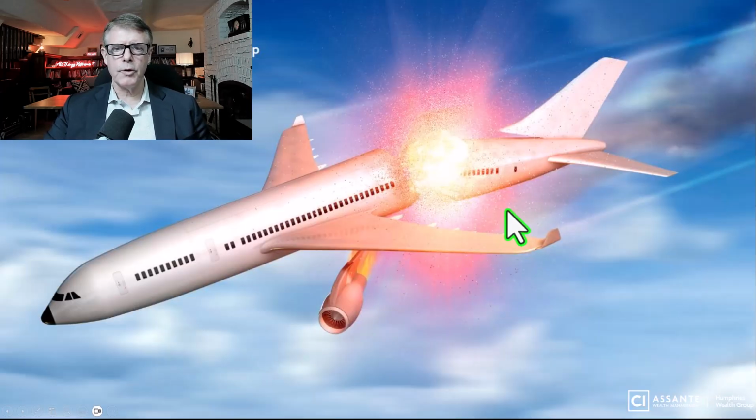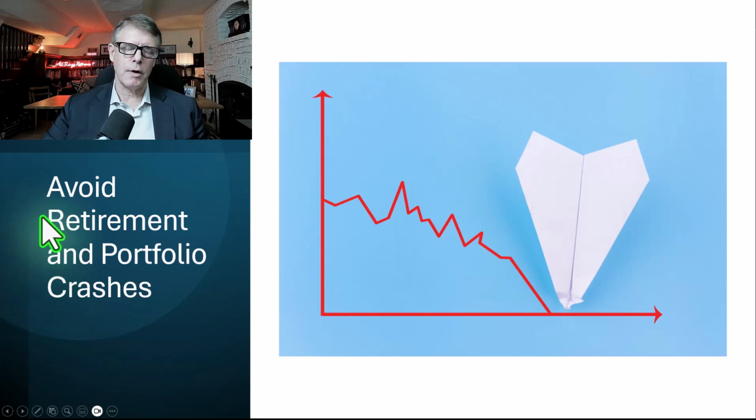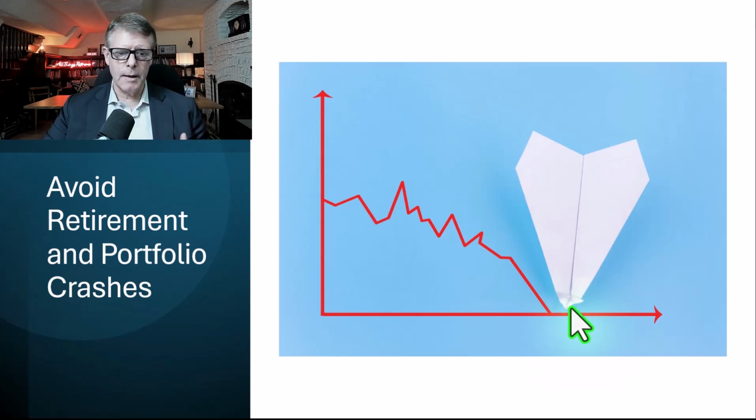So when Hoover goes through the stories, this is what we're trying to learn from. We don't want a catastrophic event, and you do not want a catastrophic event in your retirement. You don't want your retirement to crash. Now, crash is dramatic, but what are we talking about? It could be having more life than money. It could be underperforming in terms of your portfolio. It could be life events that derail your planning.